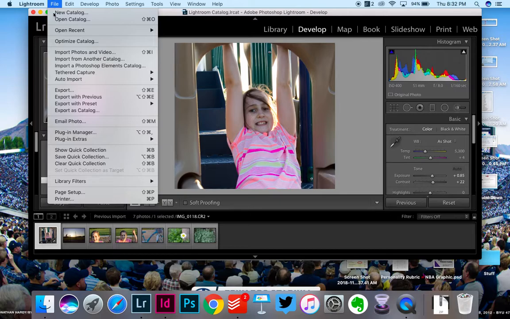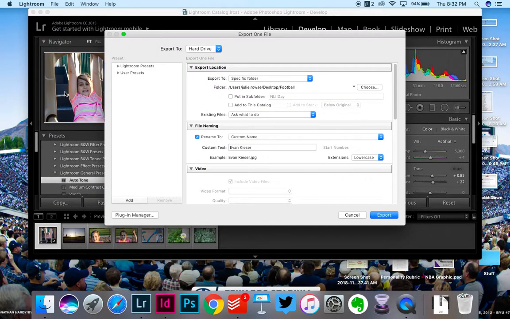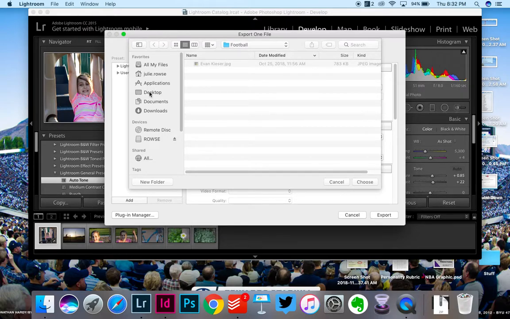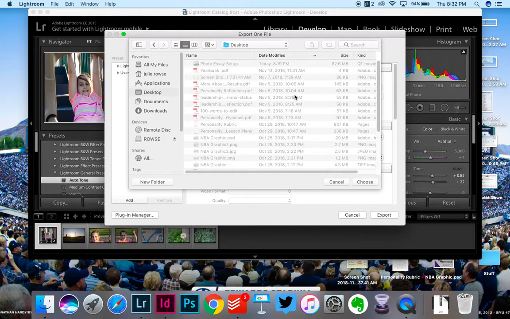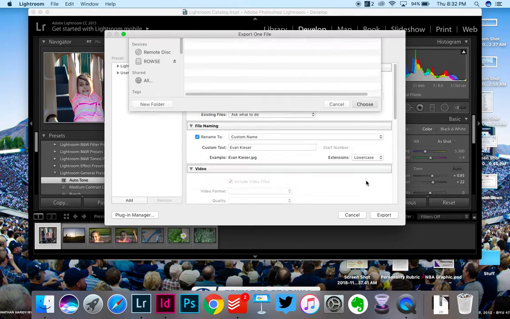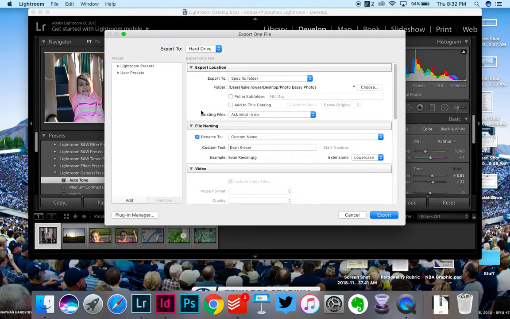I'm going to go to File, Export, and I want to export to a specific folder, and so I want to choose a new folder for me. I want to do this on the desktop. I'm going to click on New Folder, and I'm going to name this folder Photo Essay Photos. I'll click Create, and I'm going to choose that folder, okay? Then I want to make sure I'm renaming it. So I'm going to rename this to